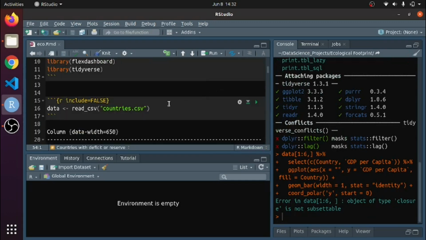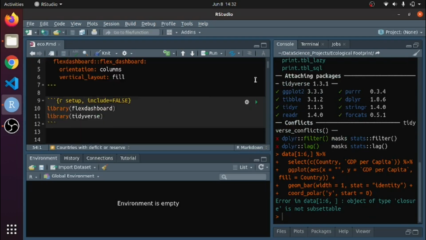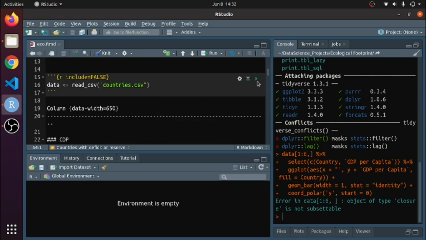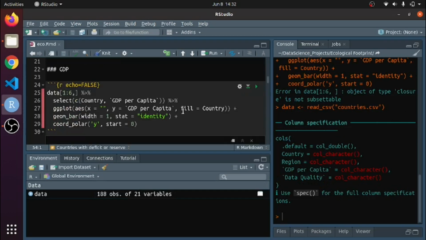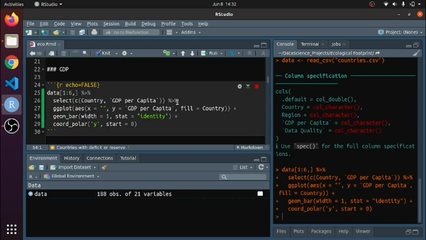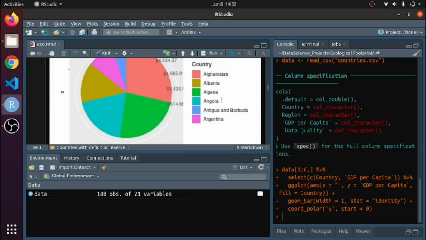Oh, sorry, I didn't import. First, I have to activate the library. Then import the dataset. Now I am able to get the pie chart. So this is a pie chart.